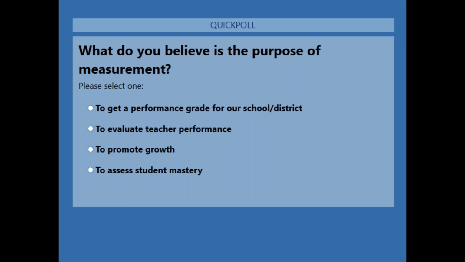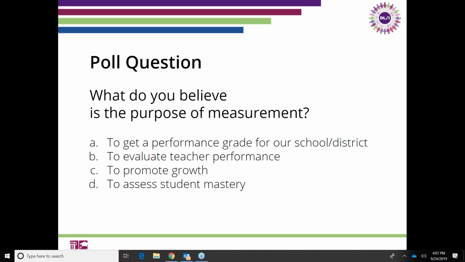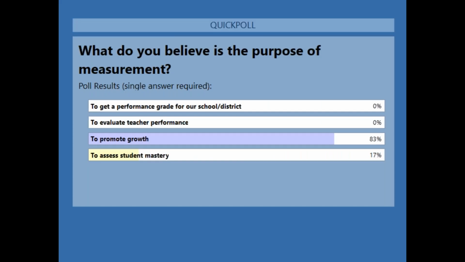Okay, and it looks like most of us have voted, so we're going to close that and share our results. It looks like the majority of us, 83%, believe that the purpose of measurement is to promote growth, and then we have 17% of us that want to assess student mastery. So that's a good baseline for what we're going to talk about today.